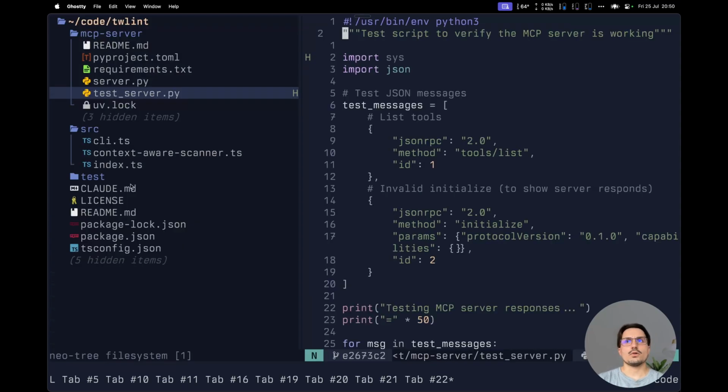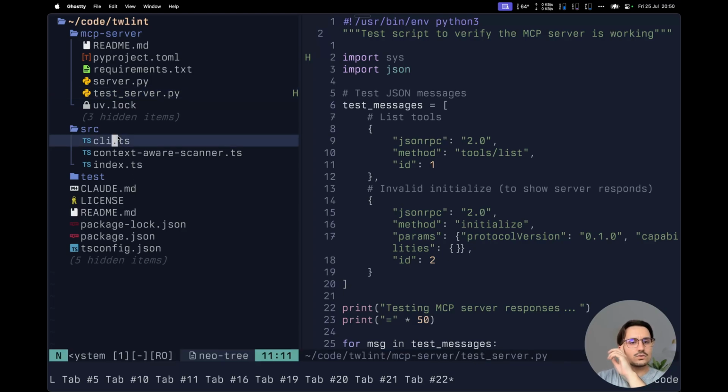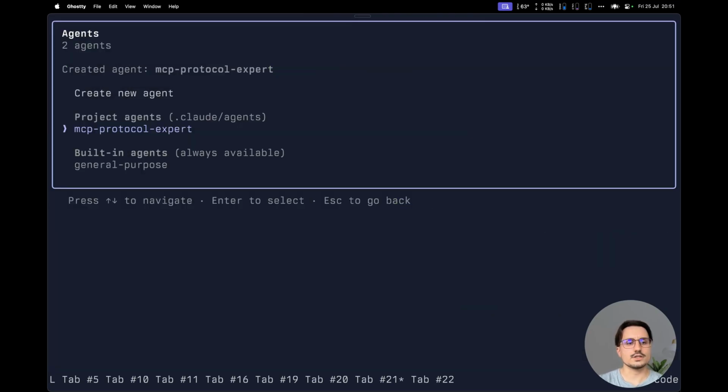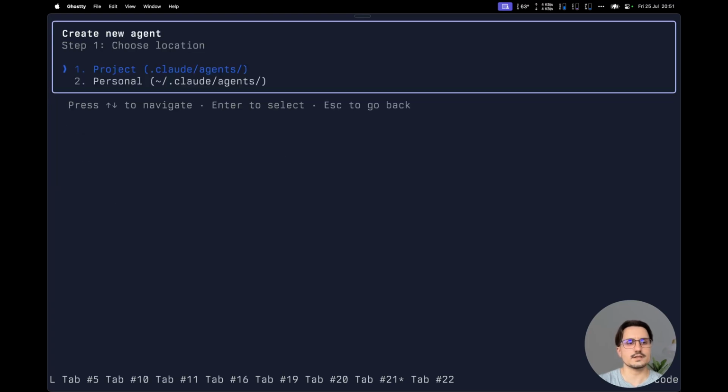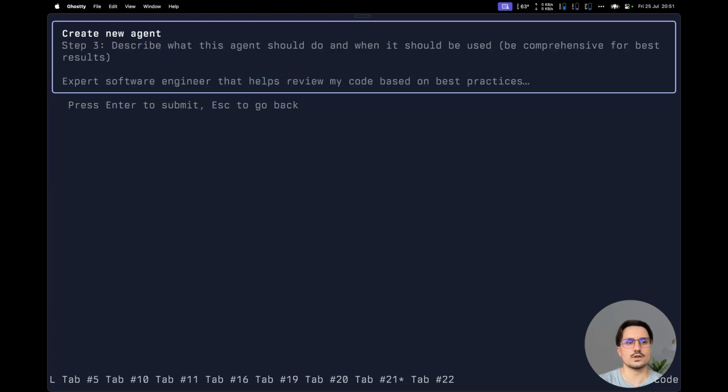So now if I think about this feature that I want to build, we now have this part of our agents that takes care of this. The other one might be an agent that is specialized in Tailwind CSS. So let's create this again inside the project, generate in the same way. You are an expert software engineer that the sole focus is Tailwind CSS